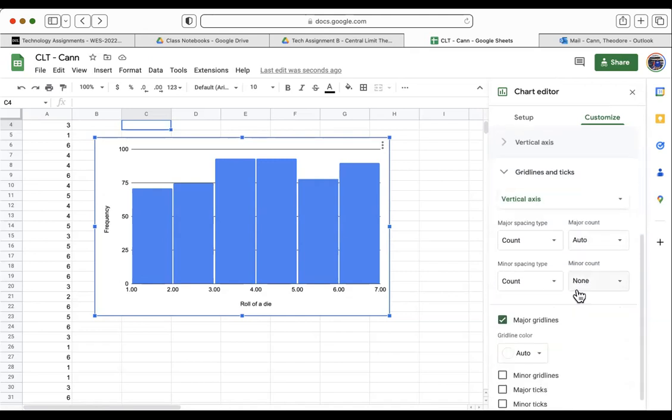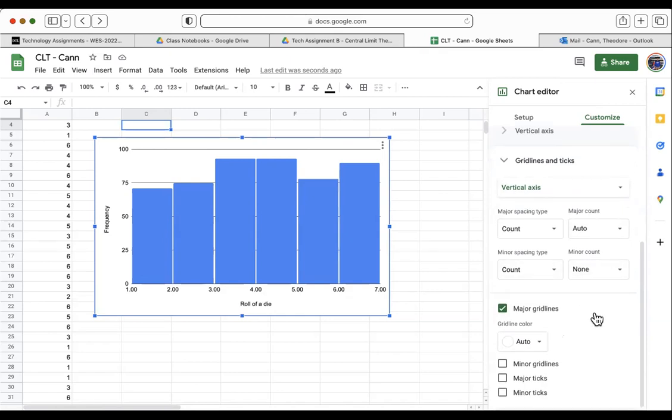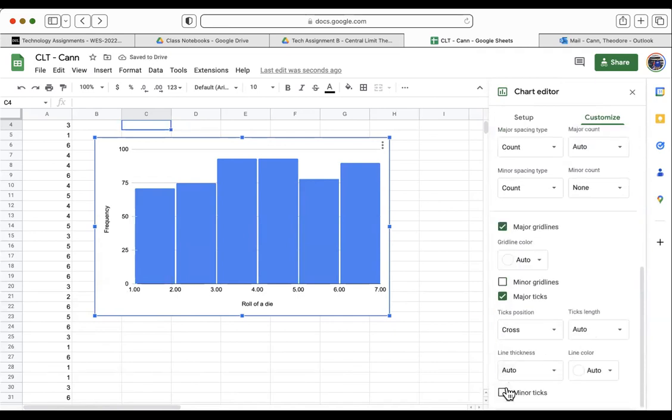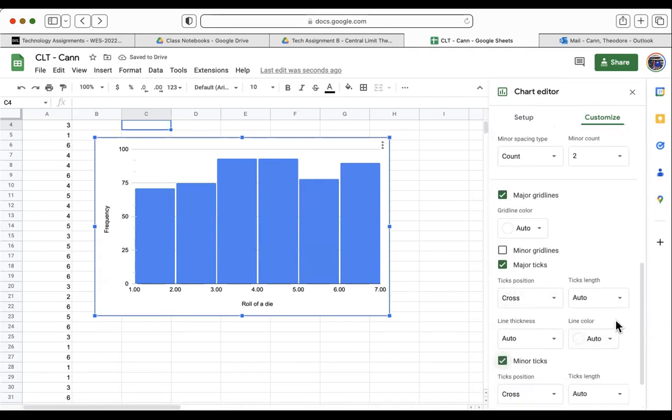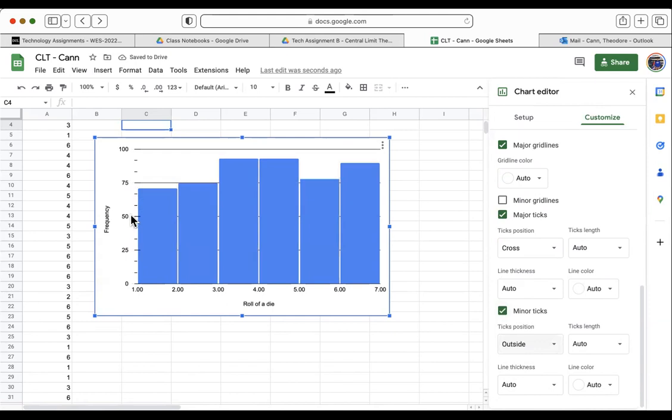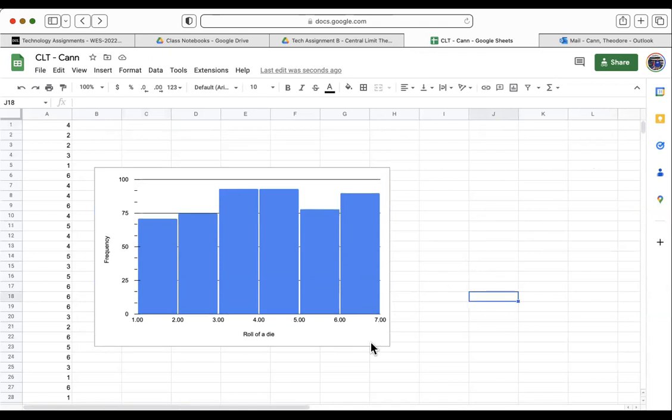Grid lines and ticks. All right, that's what I was saying before in terms of creating little benchmarks along the way to help you count values, but really it's more about the shape than anything else. But I could put major and minor tick marks in, and then customize that. All right, the line thickness and things of that nature here. So if I want to do the outside, just to have a little extra sense of scale, not necessary. You can opt out of that if you like, but I just figured I'd show you that part of things. All right, but this would be our histogram for a single roll of a die